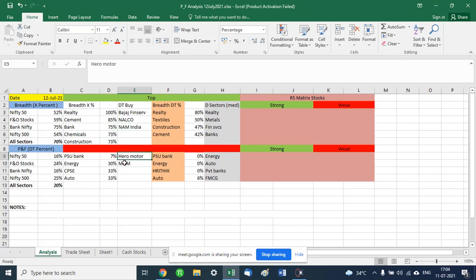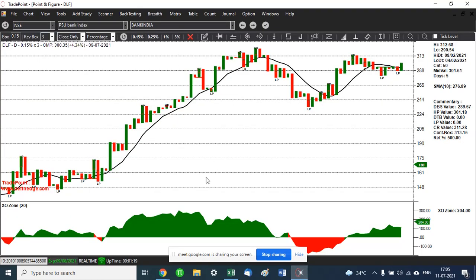I have these trades for possible short. I haven't yet looked at the charts of these. I don't know whether I want to short it or not. This is just as per the scan. Then I would want to look at the chart and decide whether I actually want to take a short trade, because in bull market, short trades don't do very well. I want to be careful with shorts. I'm more comfortable with the long trades. So I want to now look at each stock individually, which is why I'm running this RS matrix.